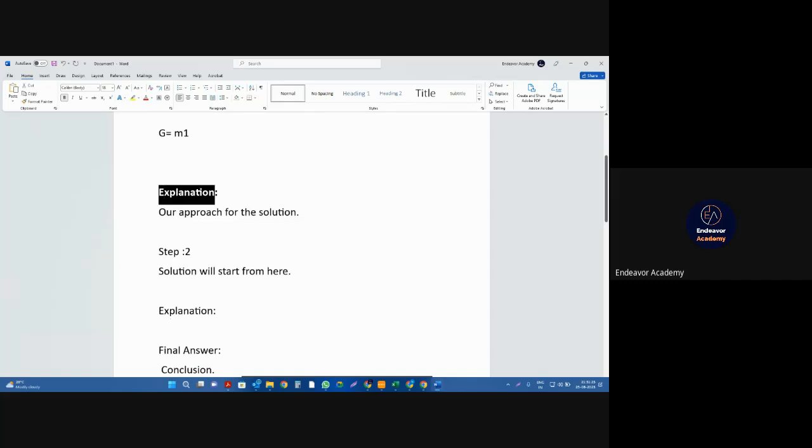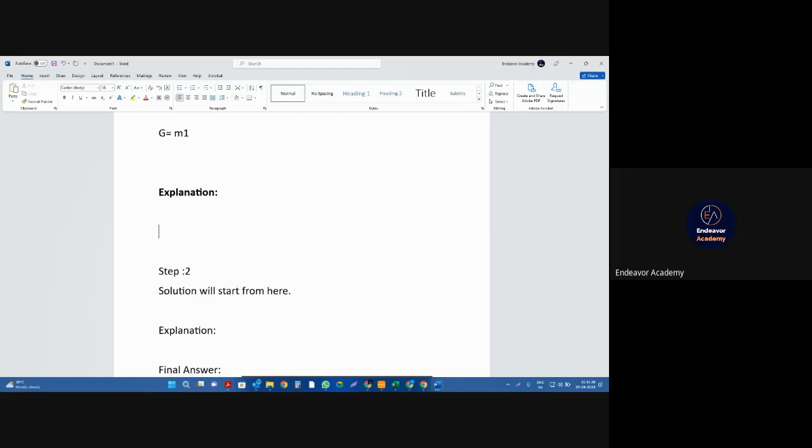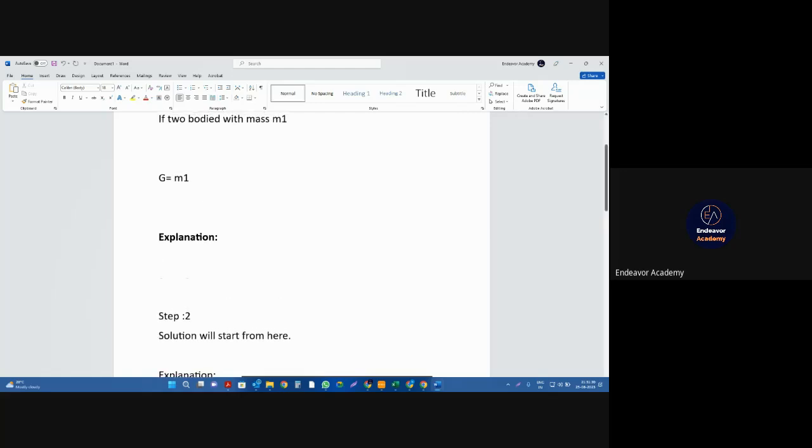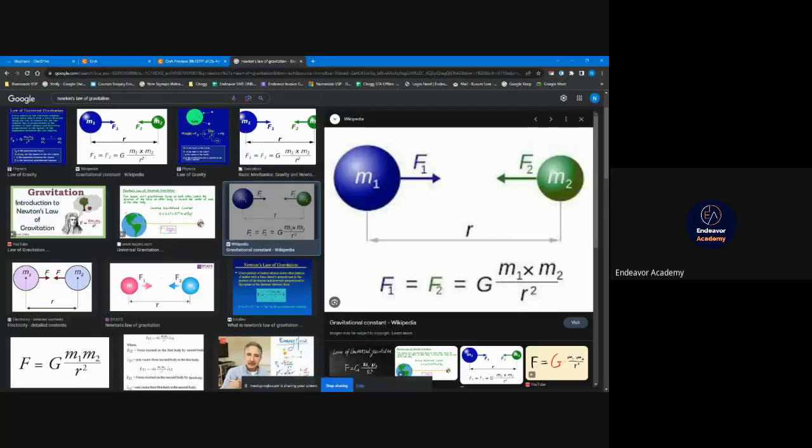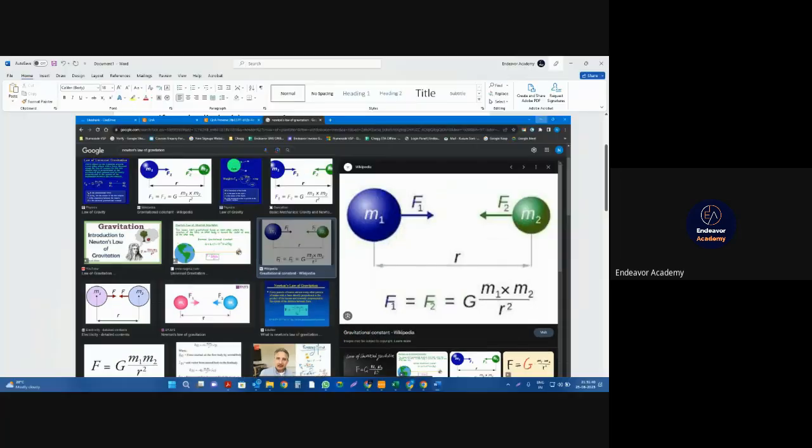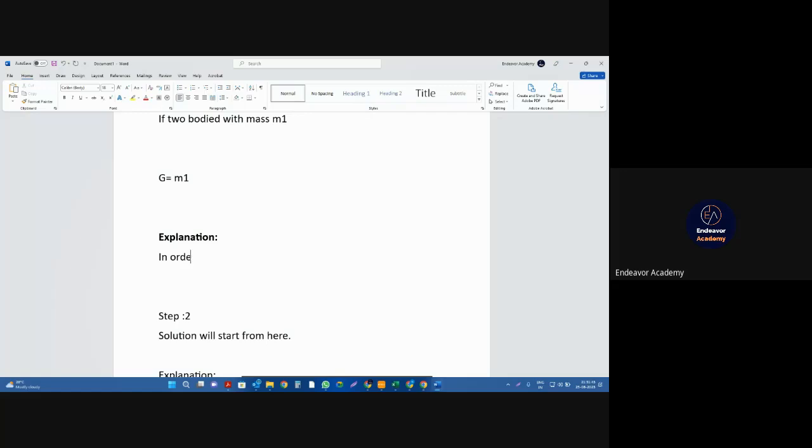In the explanation section, I will mention the approach. In this particular question, the approach means what I am going to do first and what is the second thing that I want to do. So if I want to use this formula, I can write in the explanation section: in order to find the value of